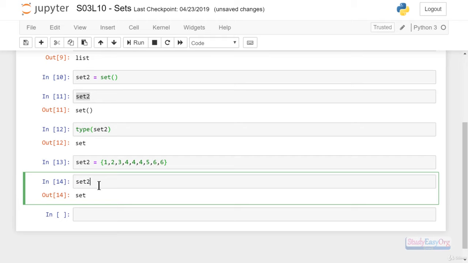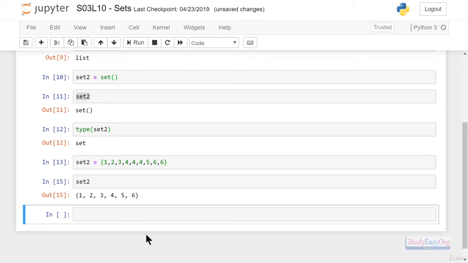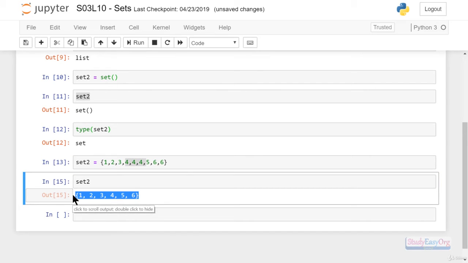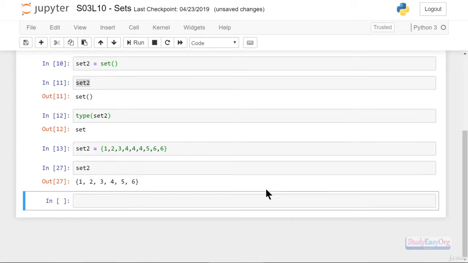Oops, the name is set2. Let me display it. Here we go. So the unique values are part of the set, and the repeated values are simply truncated. Those are not part of the set. Alright, now let us experiment more. For example, we wish to add yet another element to the set. How can we do that? We can type set2 dot